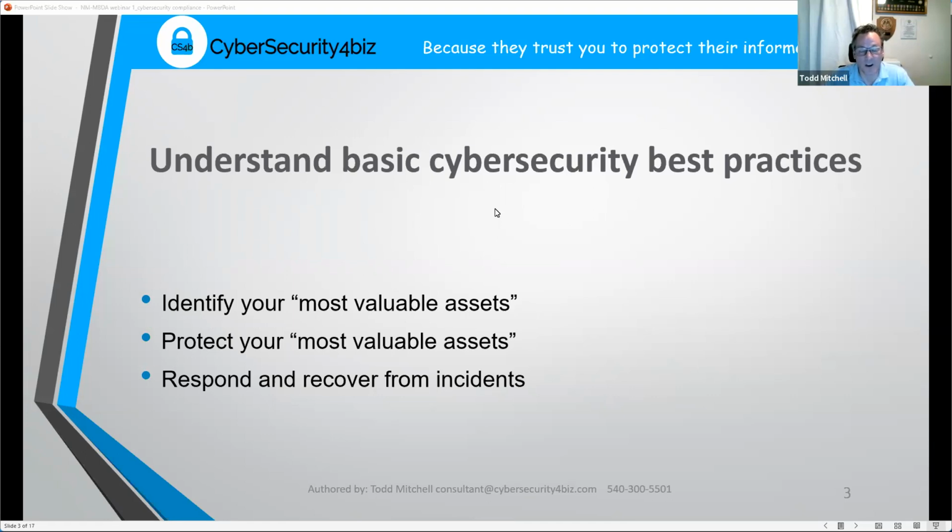Now, I use the term most valuable asset, and basically that means what's important to you. To most business owners, that's protecting your customers' information. It's protecting some proprietary information that you may have. Maybe it's a secret sauce, grandma's cookie recipe. Maybe it's some intellectual property. Maybe you have found a way to streamline some process and do it twice as good as all your competitors, and you really don't want anybody else to get their hands on that information. But we're going to focus on those being the valuable assets. So the way you want to protect those is pretty much the same.